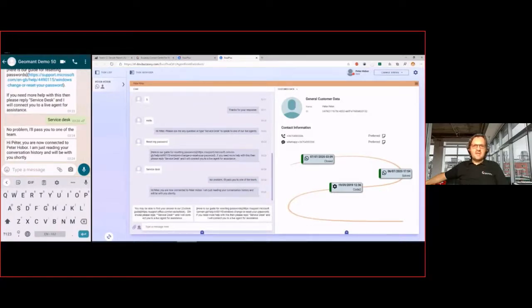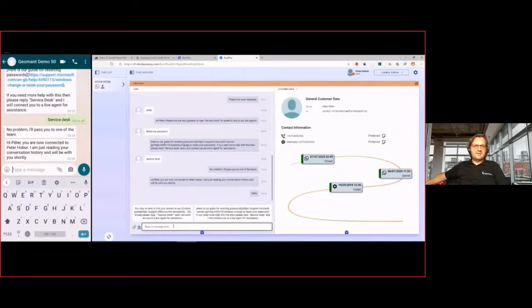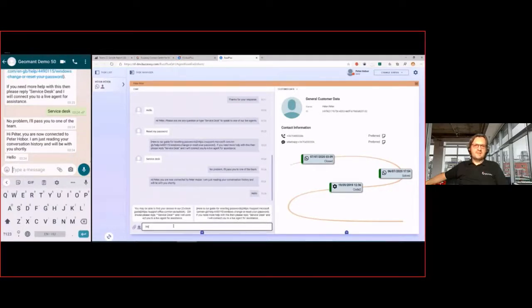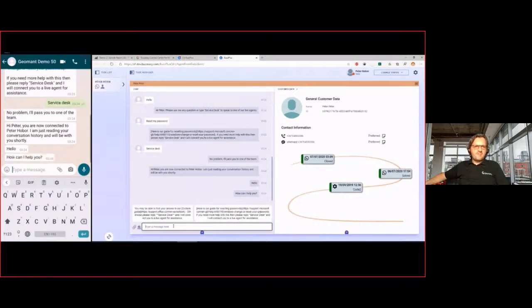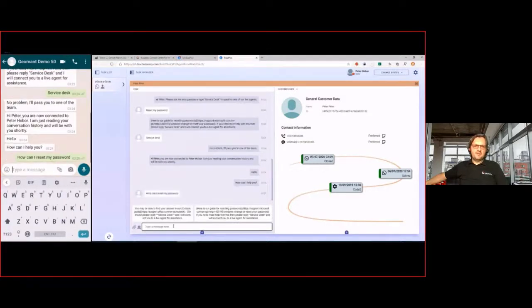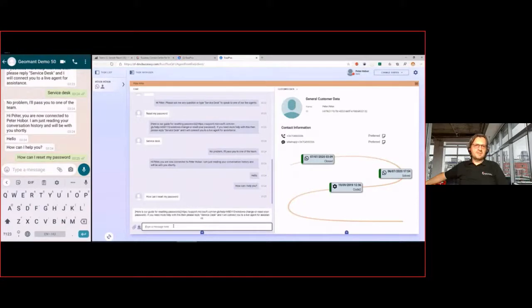And the agent can see on the right-hand side the customer history, so can see when this customer was connected, and also can see some AI-driven suggested responses, and can directly write to the customer, and that will appear on the WhatsApp client. So here, the agent can see from the history that there was some interaction with the bot already, and can talk about the context based on the history as well.